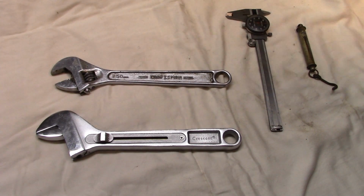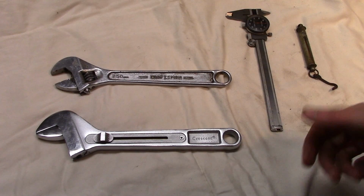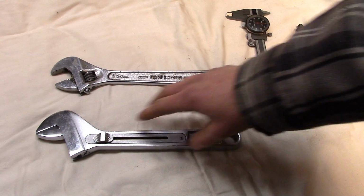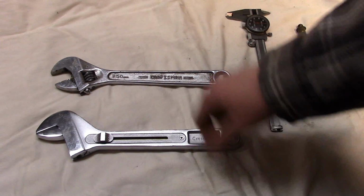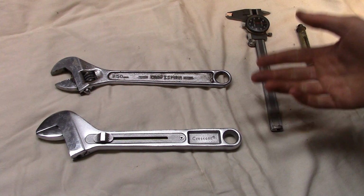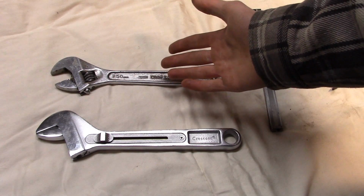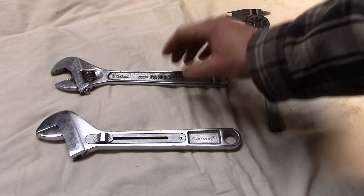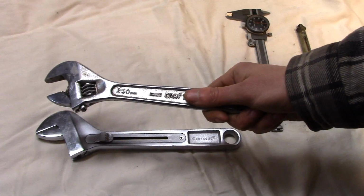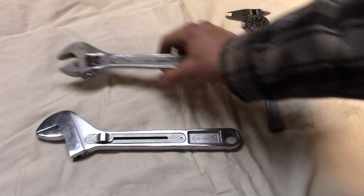I looked on YouTube for some reviews to see what other people thought about it, and believe it or not, I couldn't find anything out there. There were other whiz-bang adjustable wrenches, or ratcheting adjustable wrenches, or other stupid things like that. But you know what? If I want a ratcheting wrench, I'm going to get a ratcheting wrench. I don't need my adjustable wrench to ratchet. An adjustable wrench is something you use because you don't feel like having a whole handful of wrenches. You just use one, or keep it in your back pocket when you're working on a machine or whatever. Anyway,